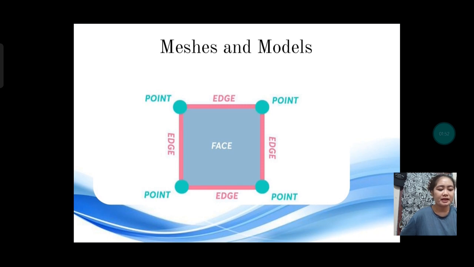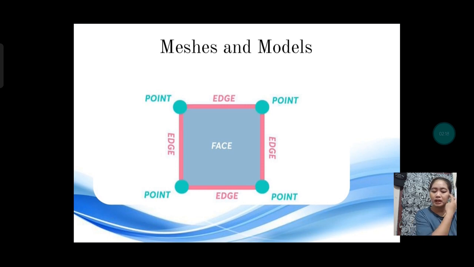When a mesh is being created, usually the first step is to create the shape. Think of this as creating an outline or wireframe that can be filled in later with color and texture. This would make sense if you think about it. One way to fill something in on paper would be to draw around it.